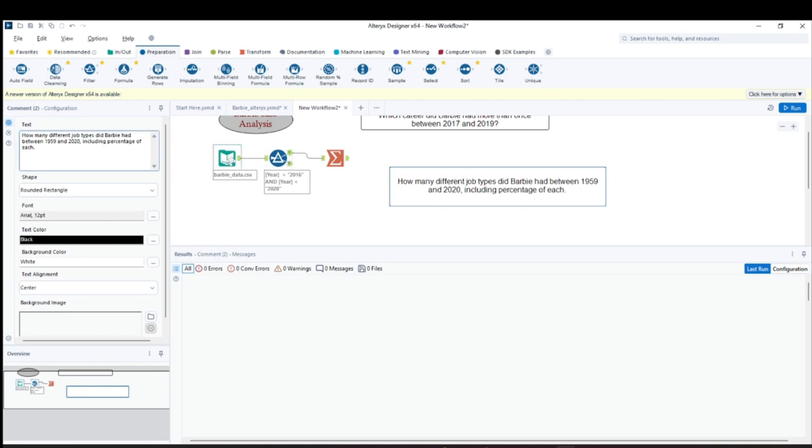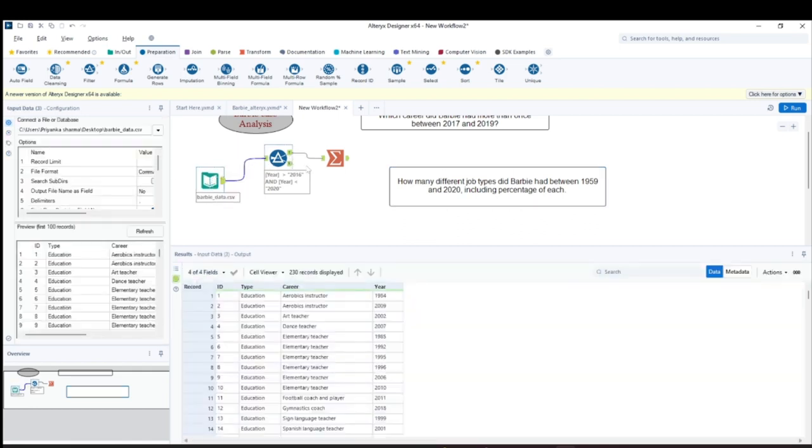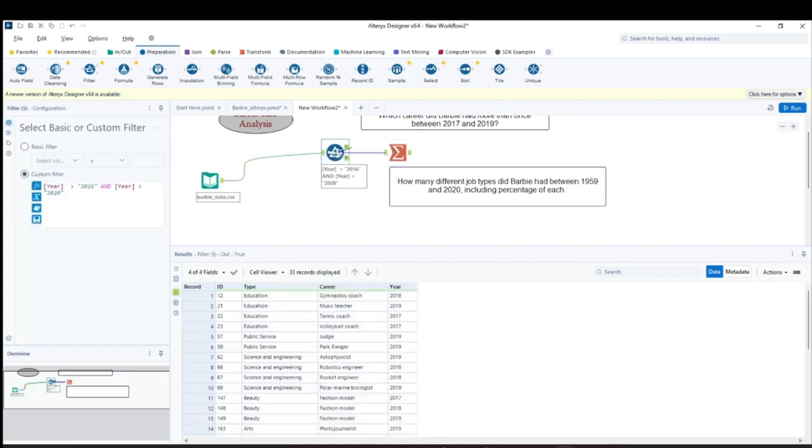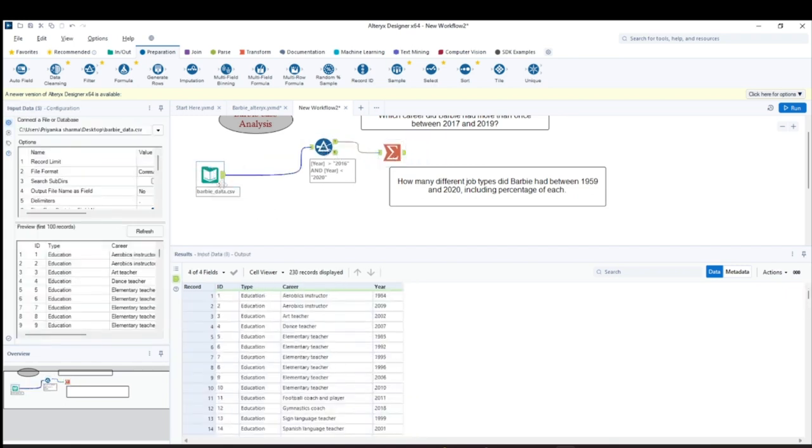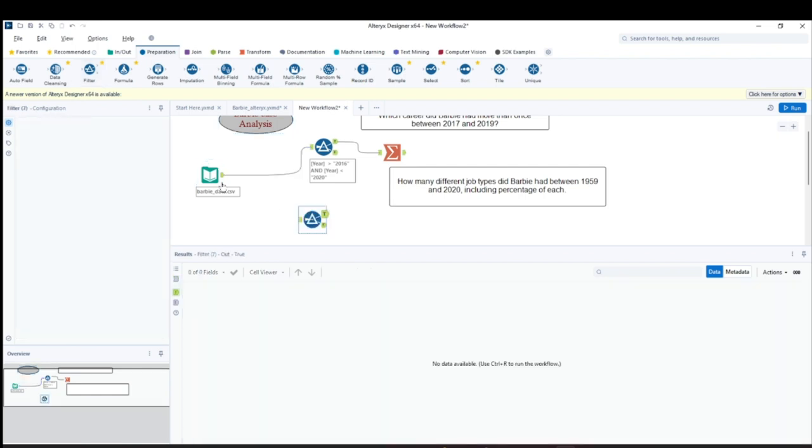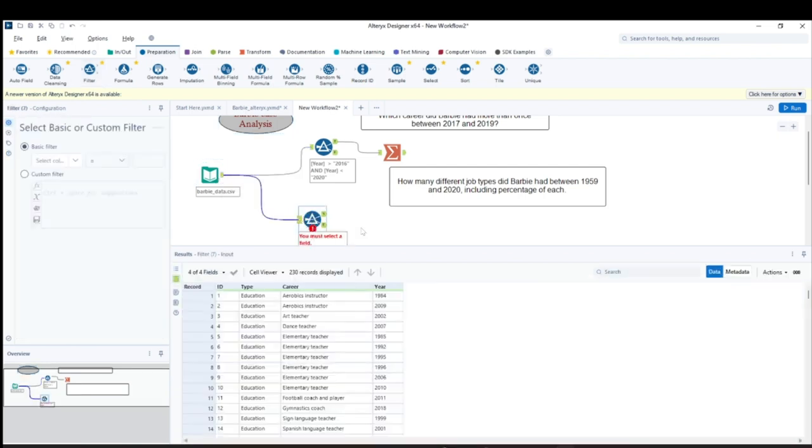Now we will be taking the same input, so I don't have to do anything. I'll just drag this here because this is the first part. Now let's make another workflow with this. Again we will do the same thing. We'll bring the filter tool here and attach this anchor to the filter tool. Now I have to give a condition. Take the custom filter, and here let us write again the same thing, which is year, the column which we have.